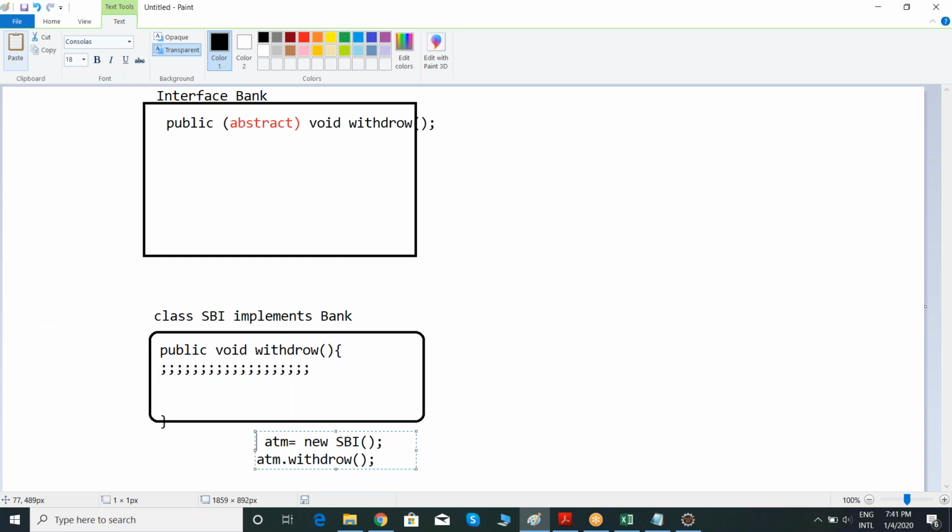Here, can I take like this? Bank equals new SBI. Yes or no? Here I'm creating an object for the SBI class with a parent interface reference. If I'm creating like this, see, whenever you go to the ATM, just observe,